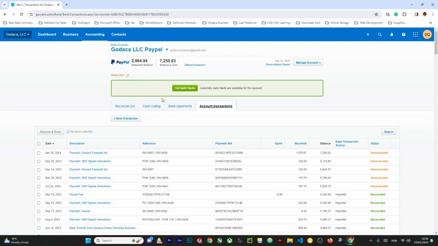As you can see here, there is an option, "Get benefit". What exactly is this? If you want to synchronize PayPal with Xero, Xero will automatically feed all the transactions from PayPal, so you don't have to do everything manually. But based on my experience, this is not a very reliable method because when it's automatic, sometimes if there is